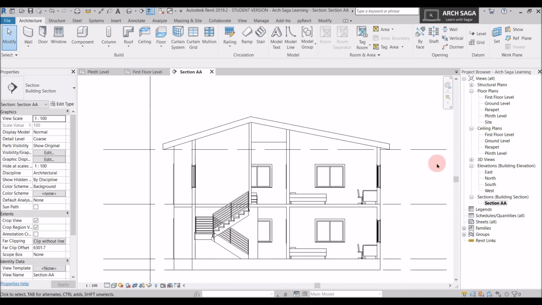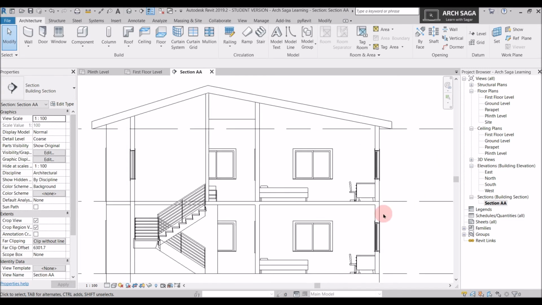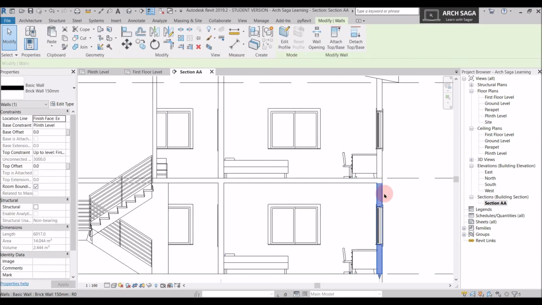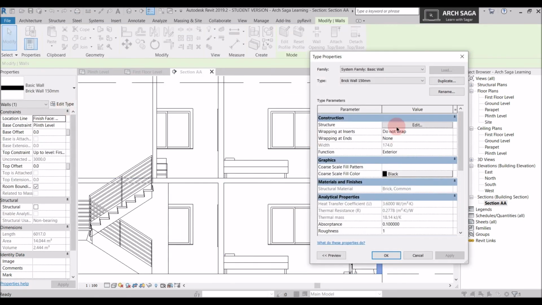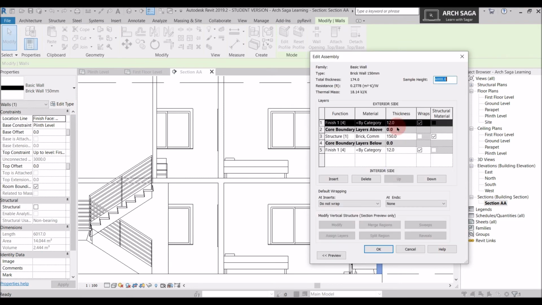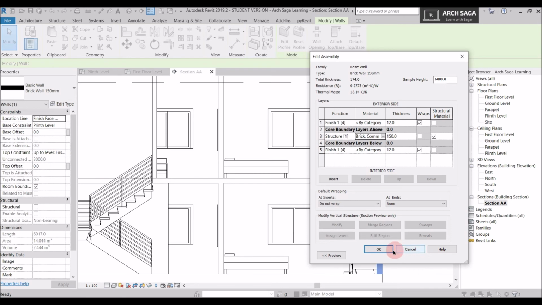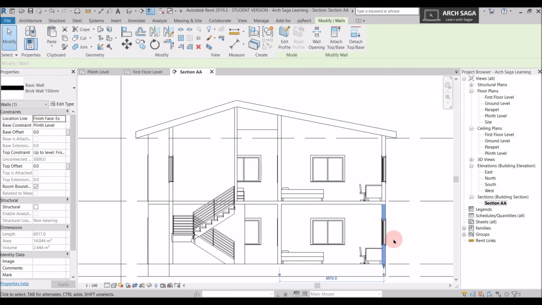Now in any section, you have always seen the cut profiles. The cut section is always in dark color or a black color. So let's add those colors for our cut section, like this is roof, this wall and this floor. So what I'll do, I'll just go to this wall and edit its property to set the cut pattern to be black color. So I'll go to this material box. This was already solid filled, but I'll just assign the color again. I'll say OK and say OK.